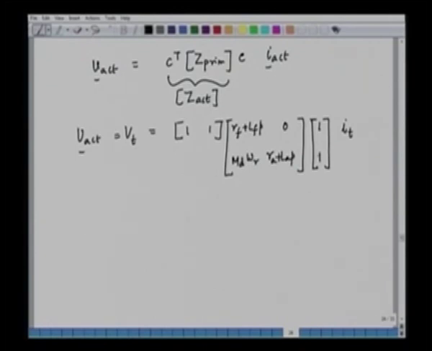So this equation is the equation of the DC series motor in actual variables. Now we can simplify this because this is a matrix equation. So if we simplify this, we can pre-multiply and see what happens here. So, it is RF plus LFP plus MD omega R, and then here RA plus LAP